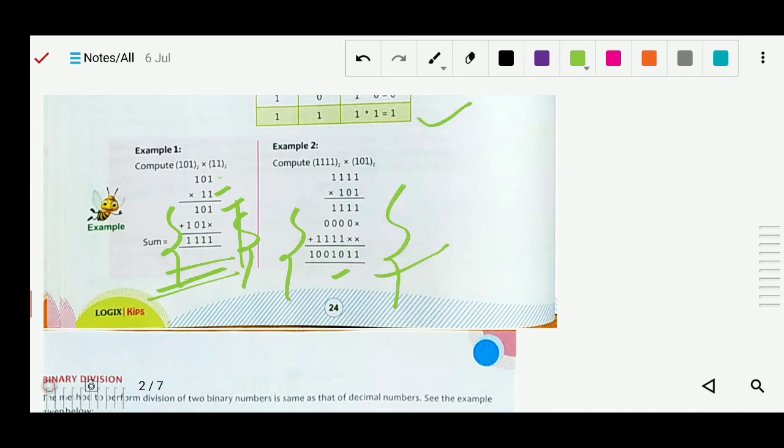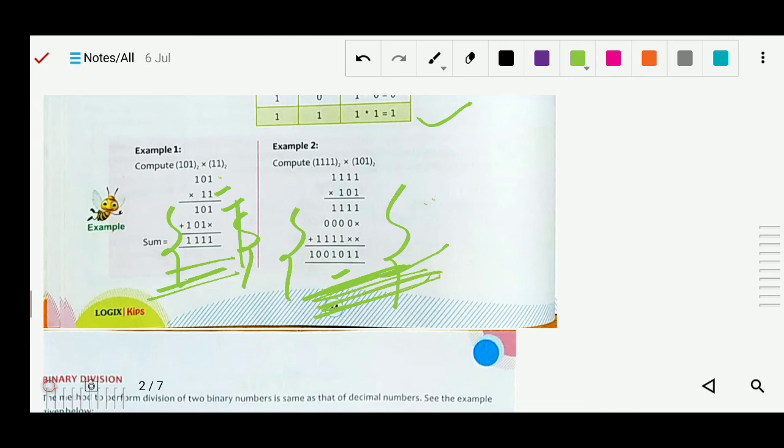First we multiply just as we do simple multiplication in math. Same, you just do 1 into and 0 into all that. After that, when you add, you follow the same method for the addition which you learned before. Binary addition, the same method you used there, you can use here.